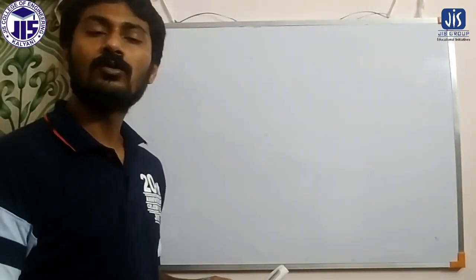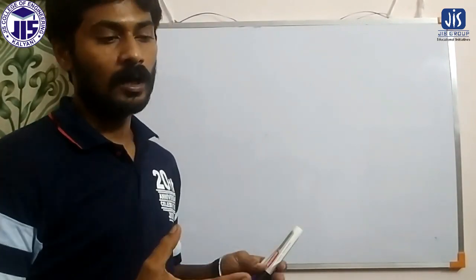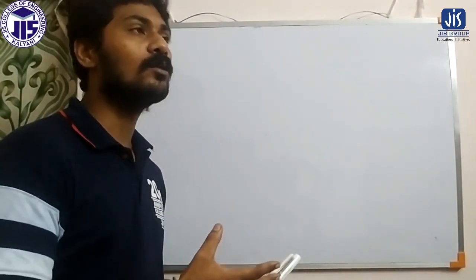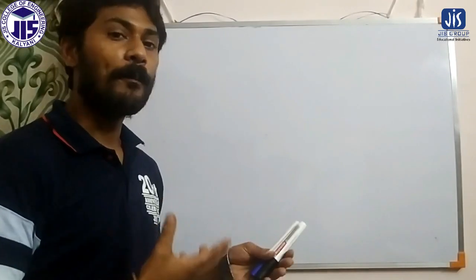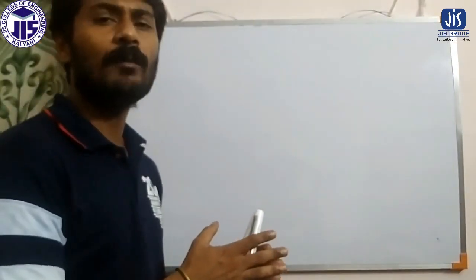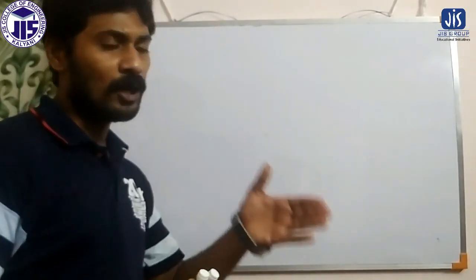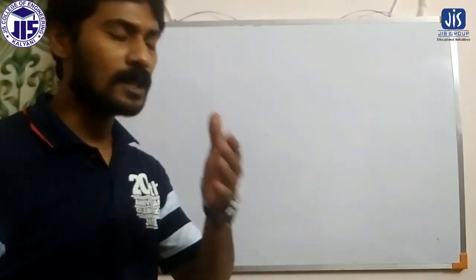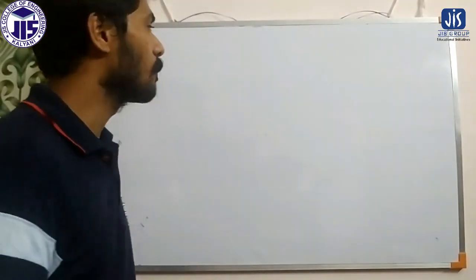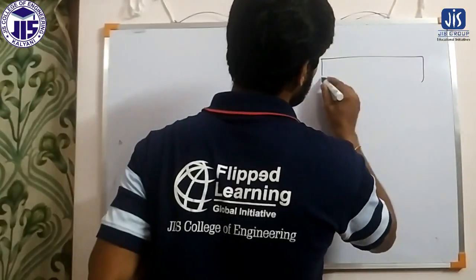Now I will show you how to declare an array in programming, how to insert data into the array, and how we can perform operations on an array. So here we are basically talking about the one dimensional array. One dimensional array means only one row is there, with multiple columns. Say this is an array,